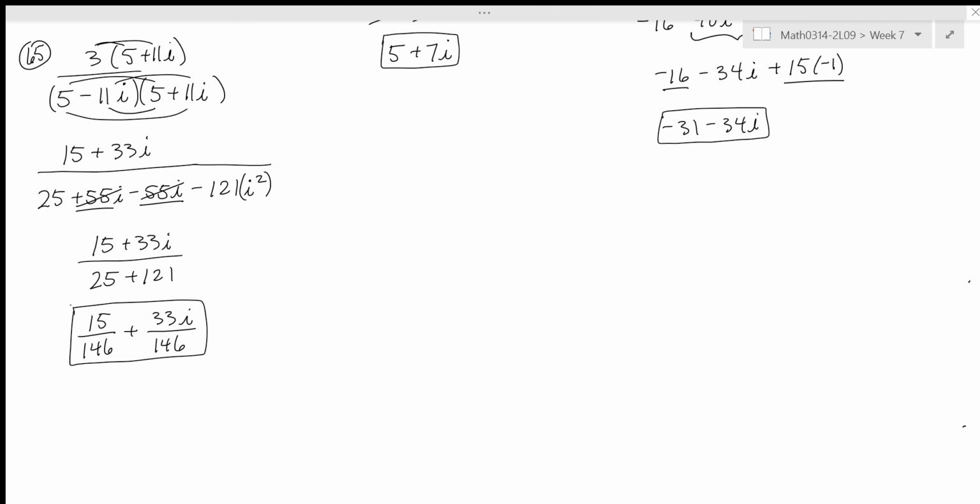Wow. Any questions so far? Is there anything else I need to cover about complex numbers? You think you got a handle on it, huh? Well, then what I'm going to do is I'm going to stop